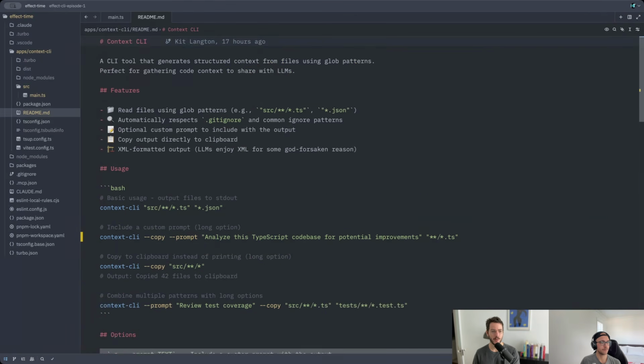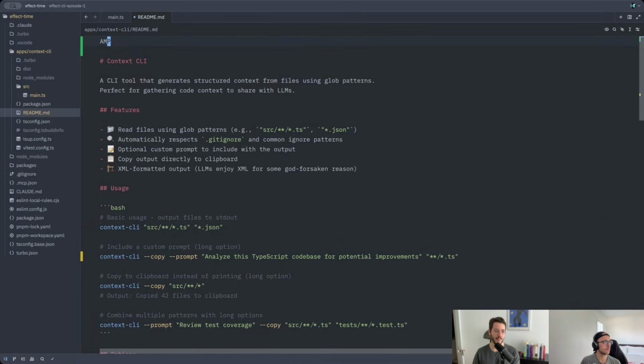Also, I don't know if anyone is familiar with AMP, which is a Claude Code competitor. There are all these things, right? There's GitHub Codex, there's Goose. I don't know, there's millions of them. Everyone's vibe coding their own terminal UI to wrap a model. And they're great. Claude works great, but